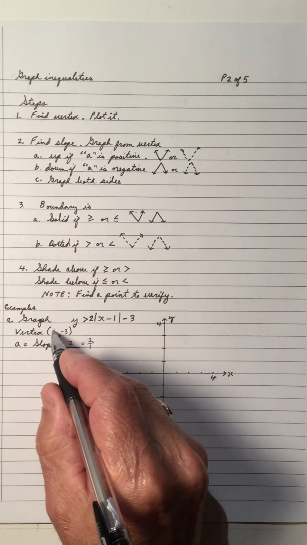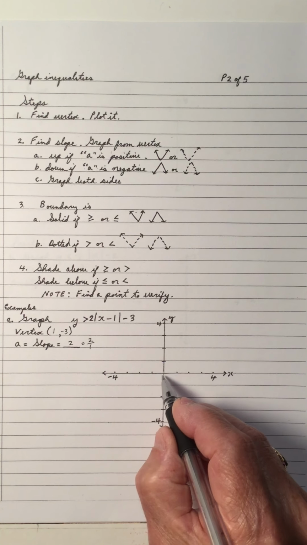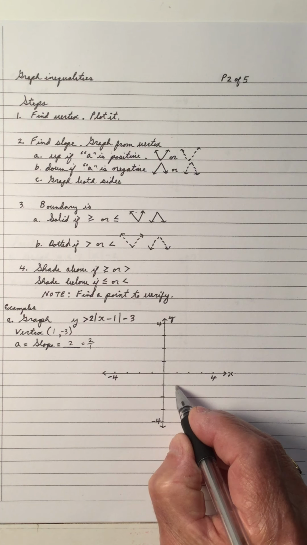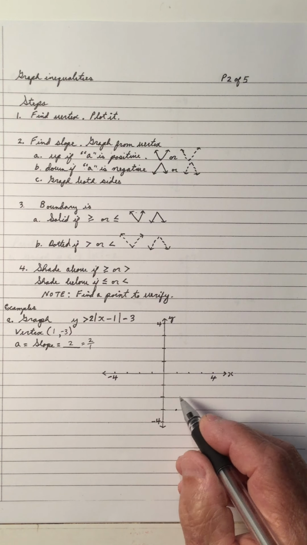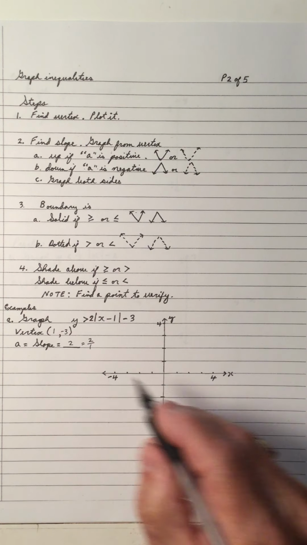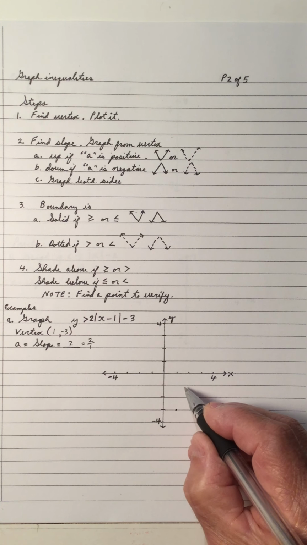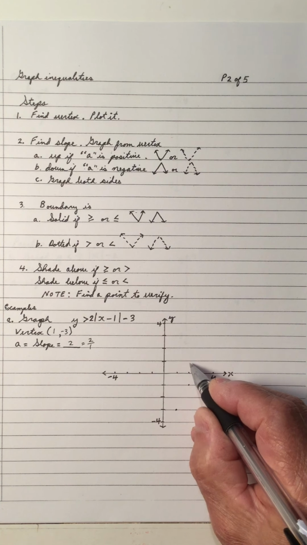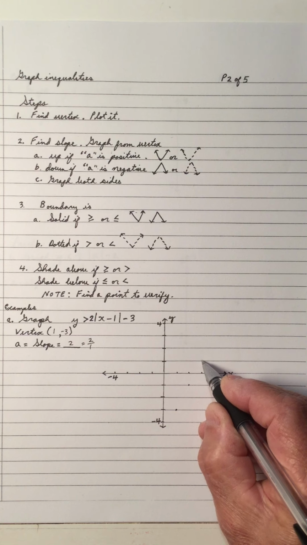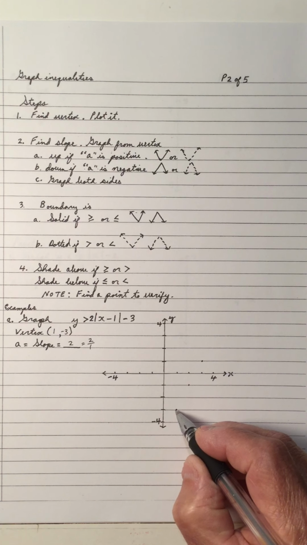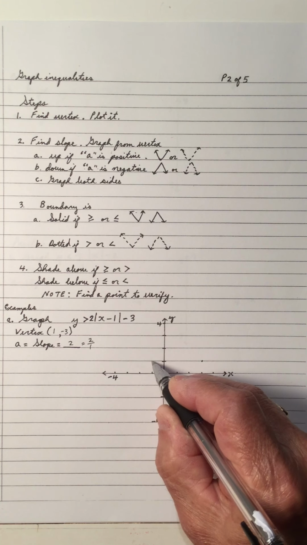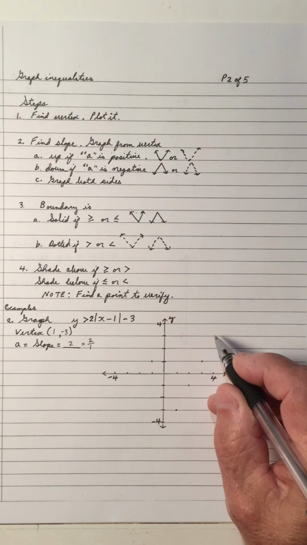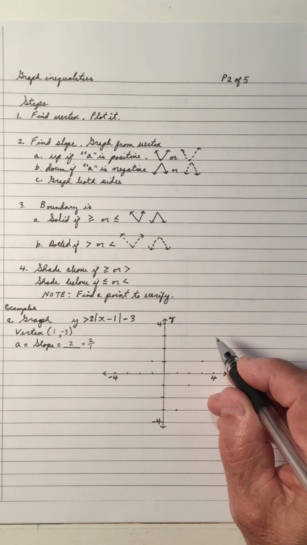So let's plot the vertex of 1, negative 3. And the slope is 2 over 1, so we'll rise 2, run 1 to the right. Also, that's the positive side. Now we'll rise 2 and go 1 left. We'll rise 2 and go another 1 left. So that gives us